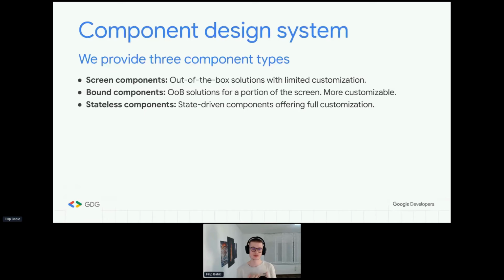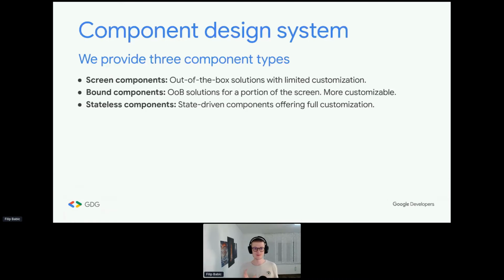It's really good for showcases. It's really good when you want to test the API and see what it supports, what it doesn't. If you have a very simple use case that doesn't really require a lot of customization, for example, chat services for the support side of your application, that doesn't really tend to be very custom, so you can do something like that very easily with screen components.